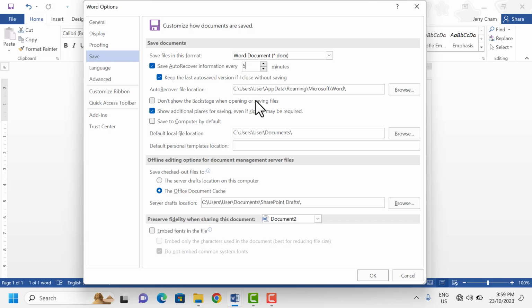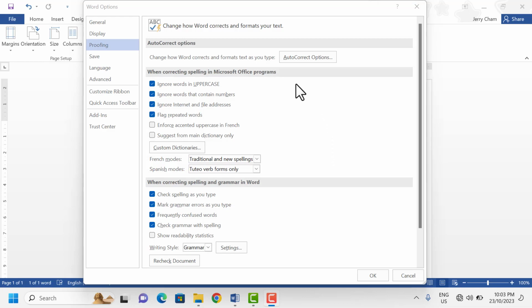So under the proofing section, if I for any reason want to make some setting adjustments, for instance, I no longer want to ignore words in uppercase, I can tick it. What this does is, even when I type some words in uppercase, the computer needs to check and see if the spelling is correct. But when I tick it now,